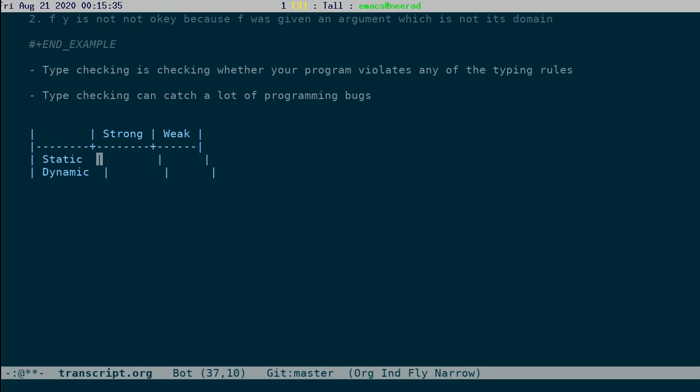So we can ask whether the language supports strong types, like for example Standard ML, or is it weak, like C. So it is on this axis. All languages which have strong types will come here. The second issue is whether you can do the type checking before you actually run, which is static type checking, or dynamic type checking.